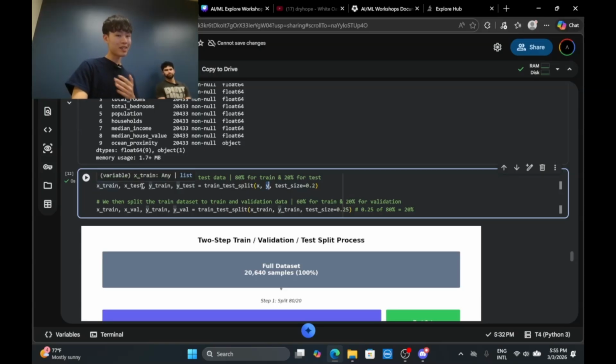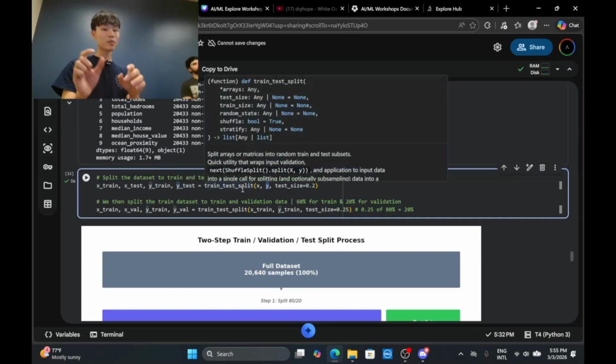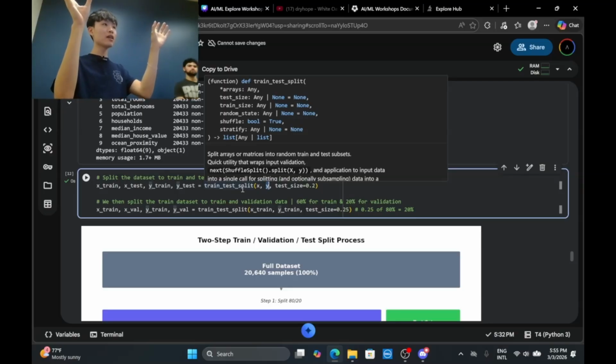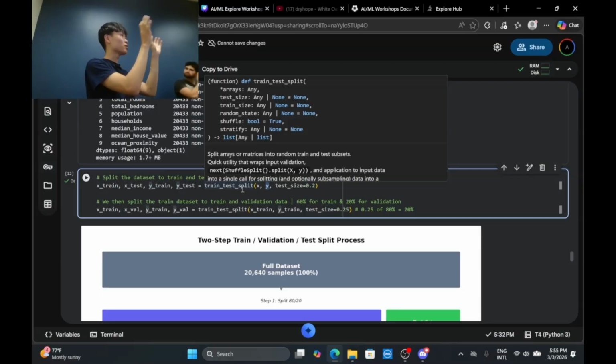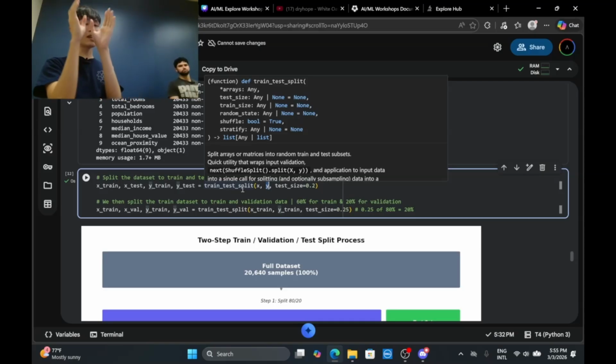Y X train, X test, Y train, Y test. What it does is split the data set into a training data set and a testing data set, and then from those two data sets, it does the same process as well. So for the training data set, it takes out all the feature columns that are not the target feature column, puts them into X, and then puts the target feature column into Y. Same thing for the testing data set.